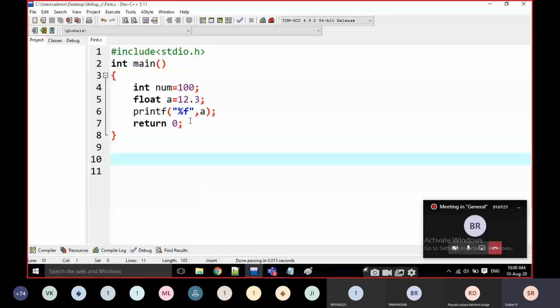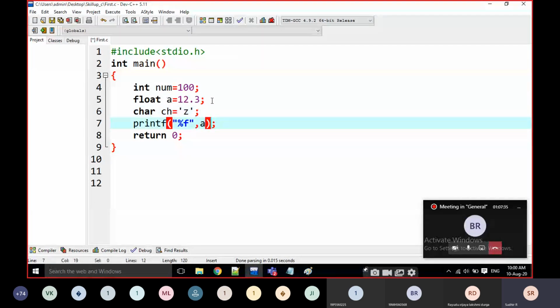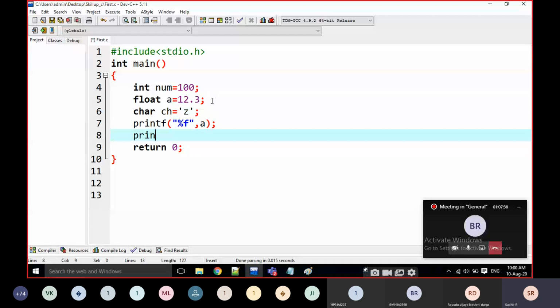Okay. For example, if I am going to take some character, char ch is equal to, I am going to take z like this. I am going to display the value here. What is that? It is a character, percentage c comma ch. I'm going to write that integer also.